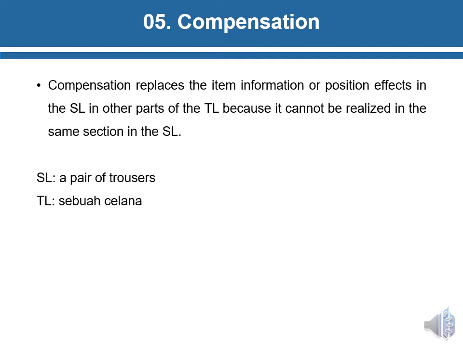The fifth translation technique is compensation. Compensation replaces the item, information, or position effects in the source language in other parts of the target language because it cannot be realized in the same section in the SL. Here we can see different terms or different expressions used in the source language and the target language, habits or maybe culture. For example, in the source language you want to say trousers, a pair of trousers,